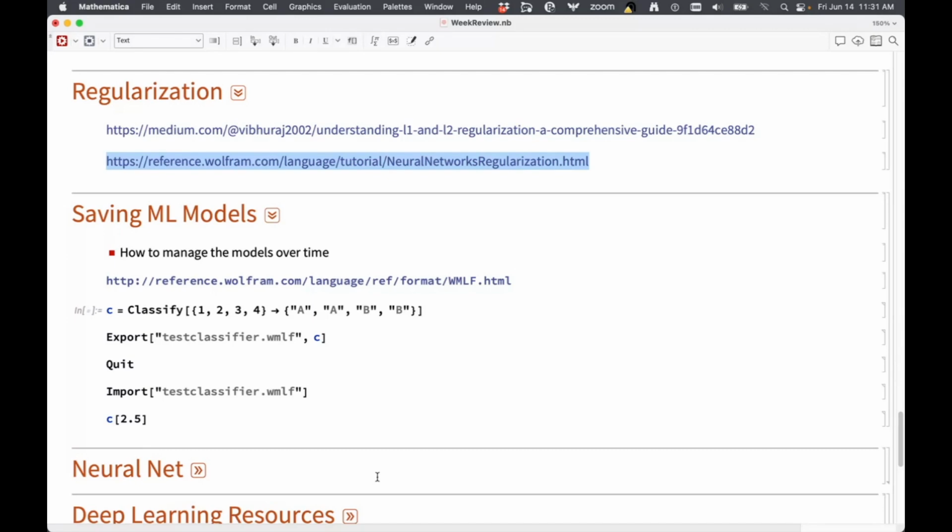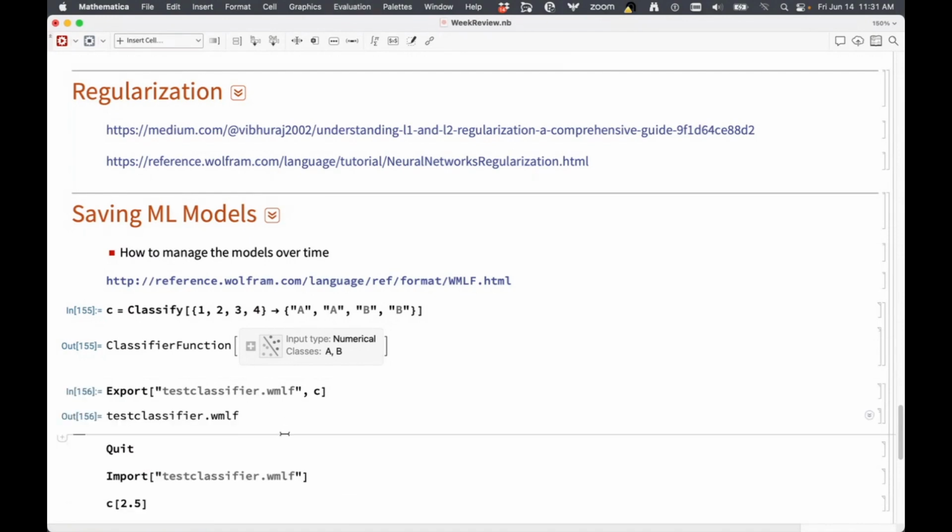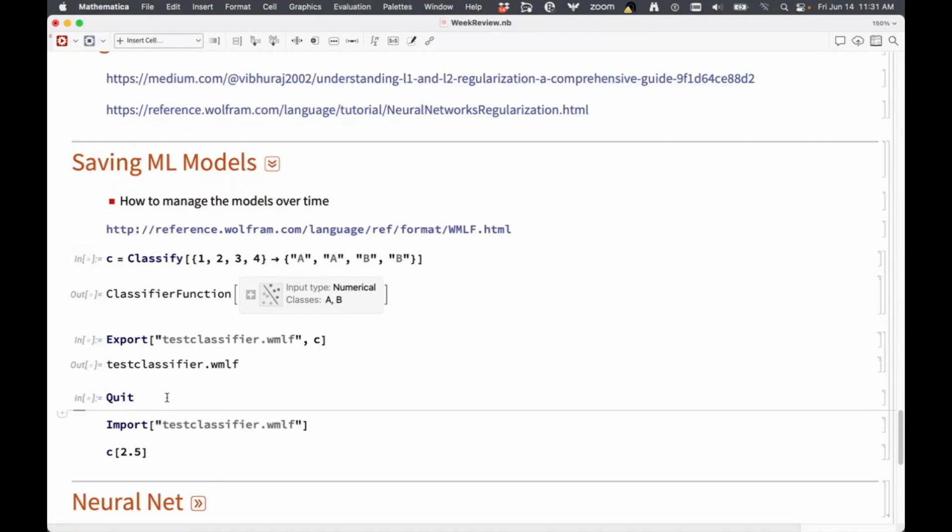In Wolfram Language, if you are building models with at least Classify or Predict, then you can save the model in the Wolfram Language machine learning format. For example, here's a really simple model I'm going to build, and then I can export it in this particular format. Now if I quit my session,